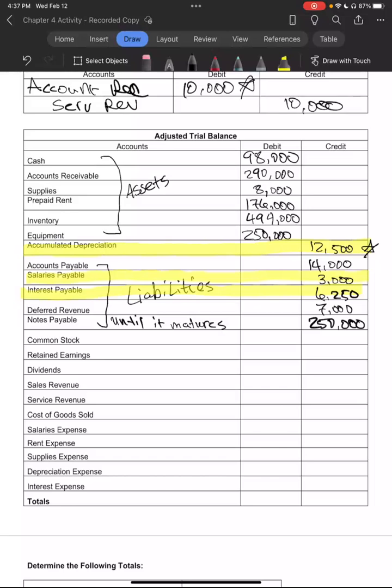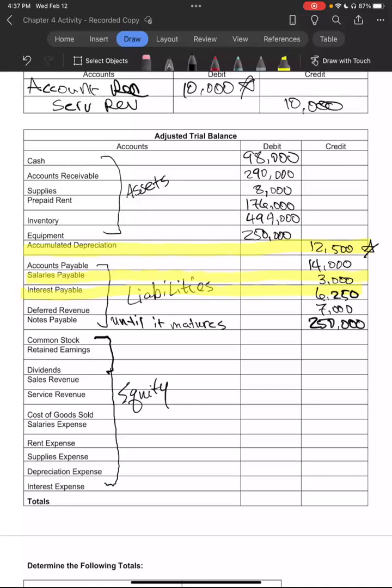Now we're going to move to our equity section. You have common stock, retained earnings, dividends, revenues, expenses, all that good stuff. This is our equity section of our balance sheet. So you can see this adjusted trial balance is just here to show us that all of our debits and all of our credits are equal. And we're going to do that using balance sheet accounts here. I mean, we do have income statement accounts down here in our revenues and expenses, but we're going to look at this as assets go first, then liabilities, and then you list your equity,